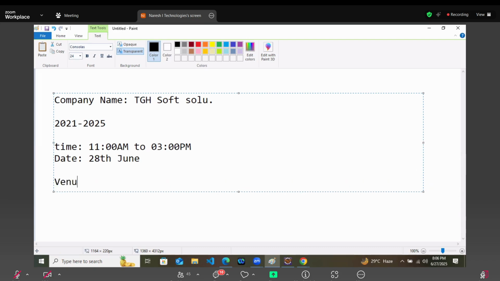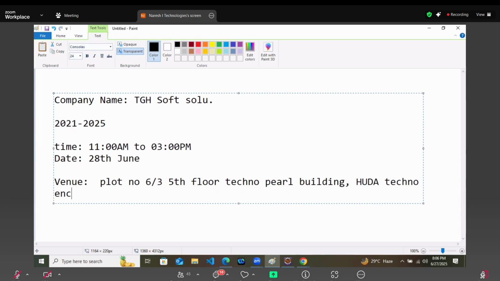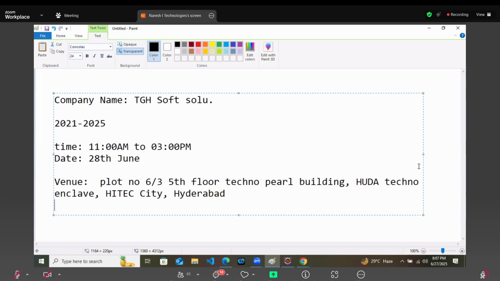The venue, or you can say the address, is this. So this is the company address.